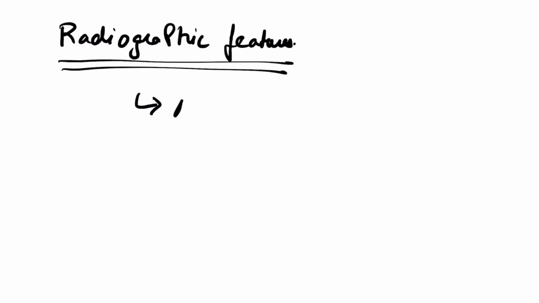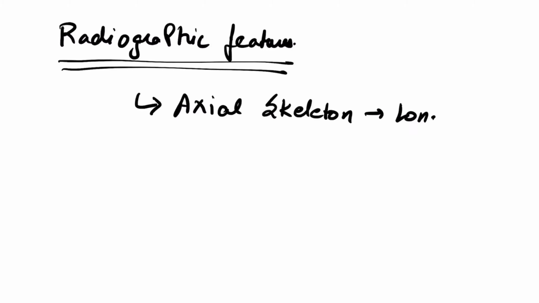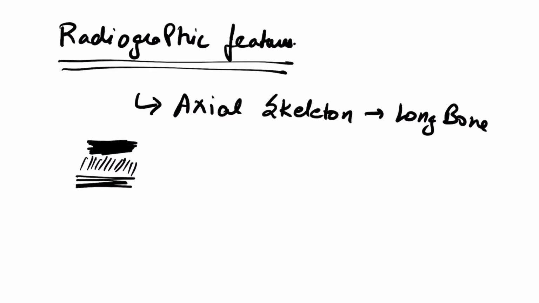The striking radiographic features you will see in the axial skeleton, which are our long bones. We'll see some radio-opaque mass, and then radio-lucent, again radio-opaque, again radio-lucent in our